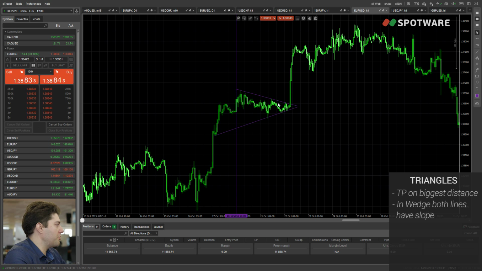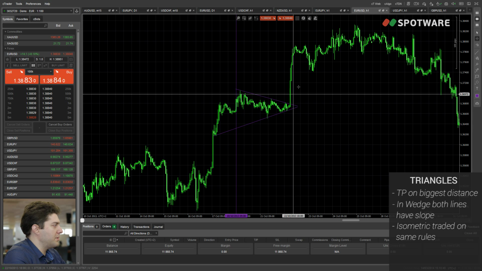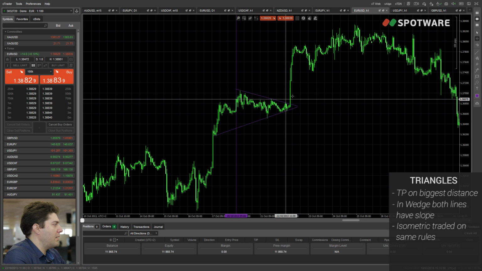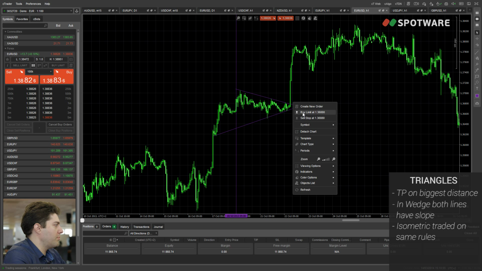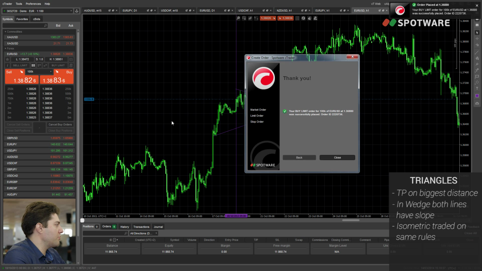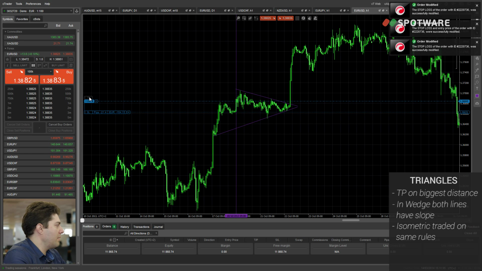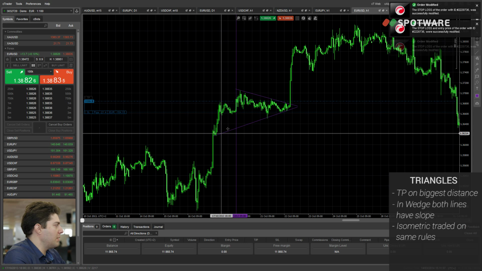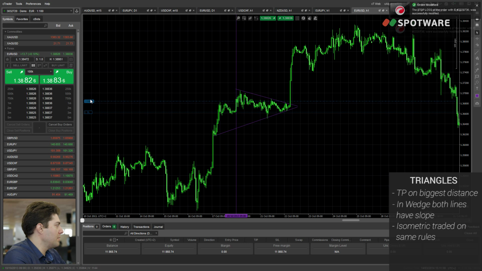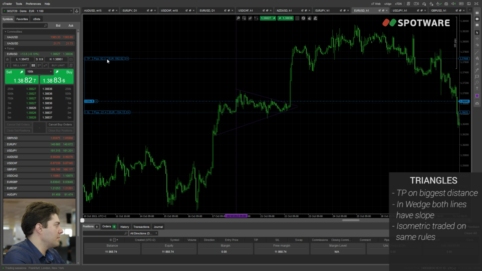This is an isometric triangle. It's traded exactly the same as the previous triangle, only the resistance line in this case has a slope. When the resistance line is broken, we enter long, and our stop loss, again, conservative or less conservative, below the previous swing is always a good spot. And the take profit is the biggest distance between these two lines. So in this case it's 82 pips, and we're going to put 82 pips, or less, 75 pips, just